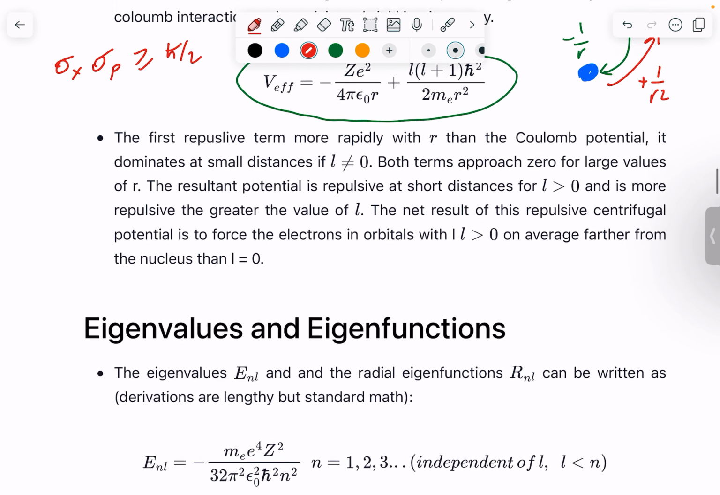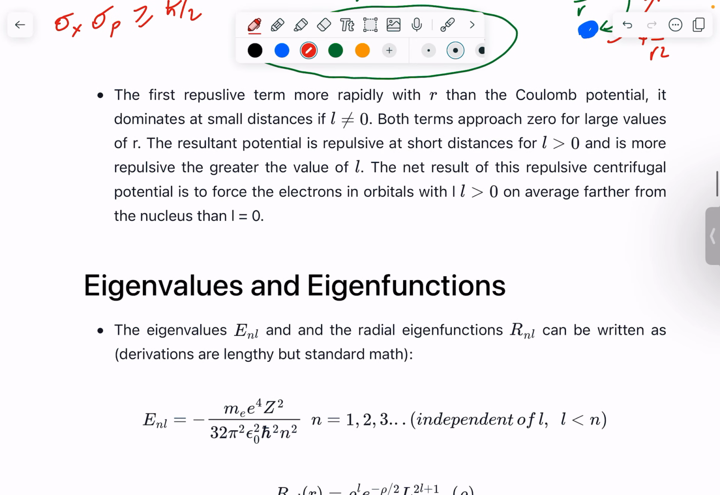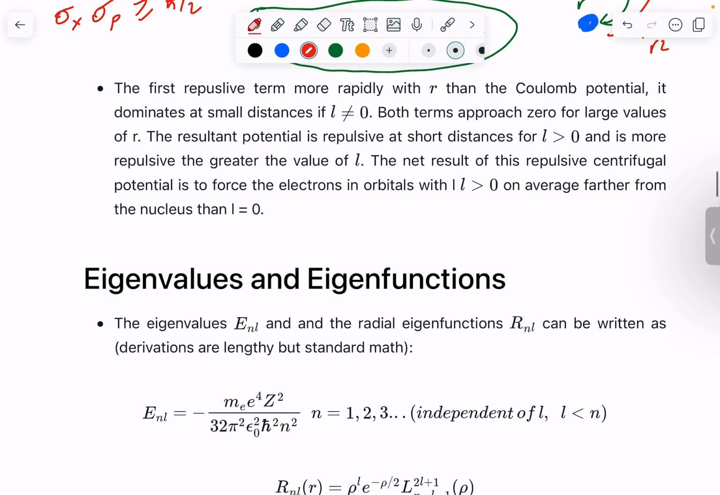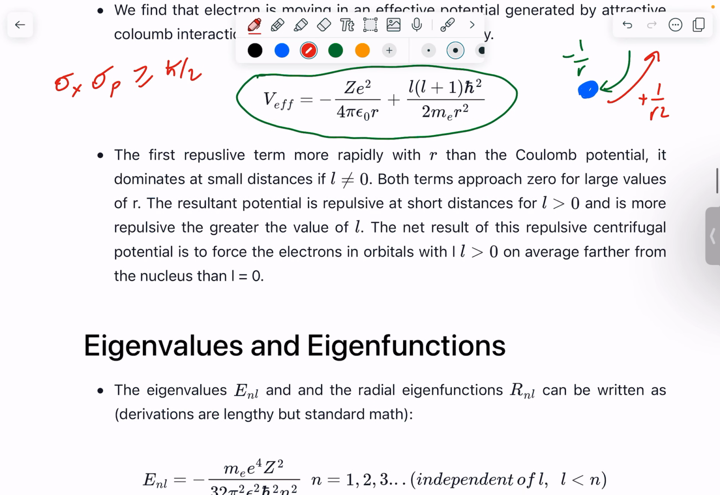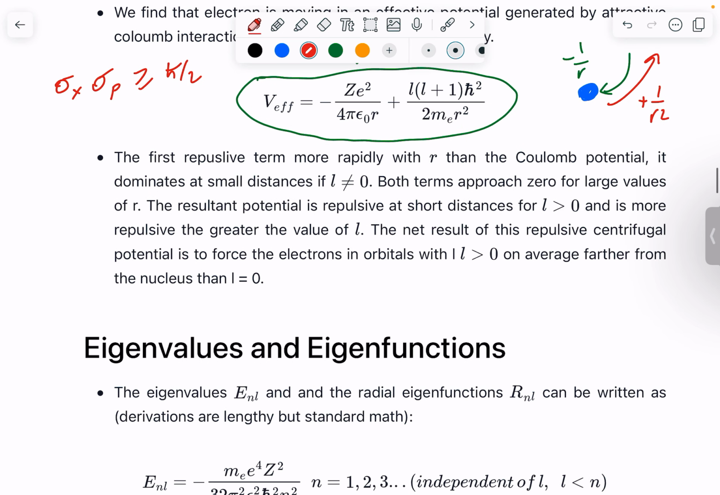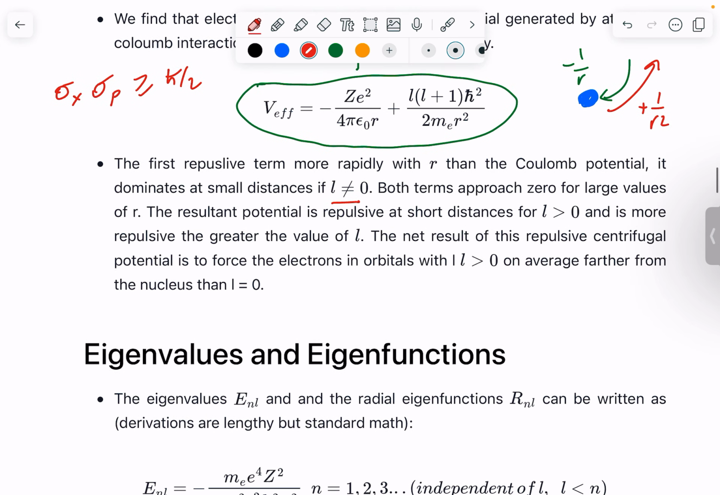Okay, so we already know this effect, and we already know that the electron wants to stay at some kind of happy distance away from the nucleus. So potential energy is unable to completely take over. And we also see that potential energy here depends on L. So if L is not 0, this term would be activated,